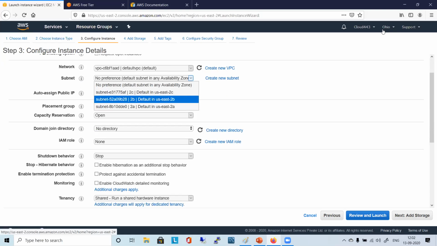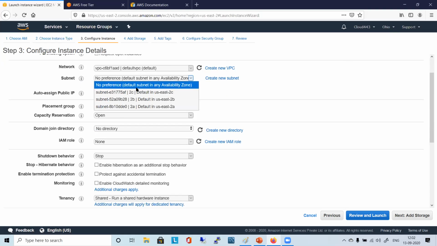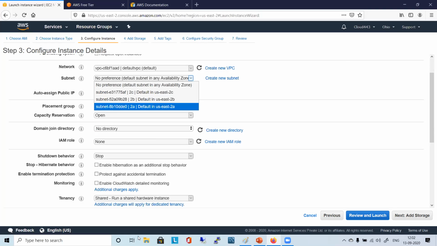You see here, I am in the Ohio region. Which region are you creating your instance in? Ohio region. I am doing it in Mumbai. Oh, okay, good. If you look at that subnet, what are the options you have, Shweta? Let me check. Just click on this subnet and let me know.